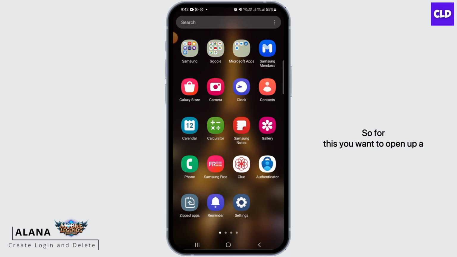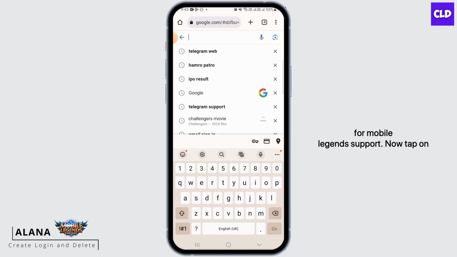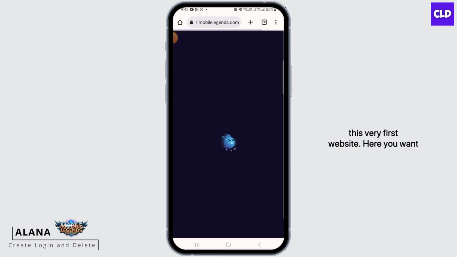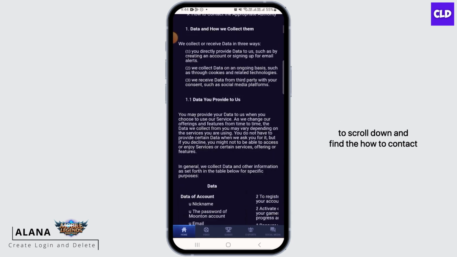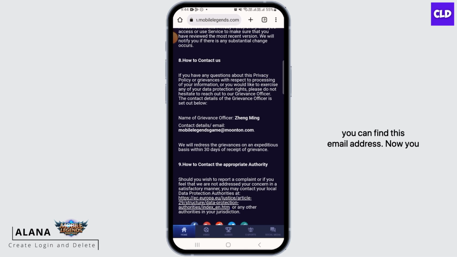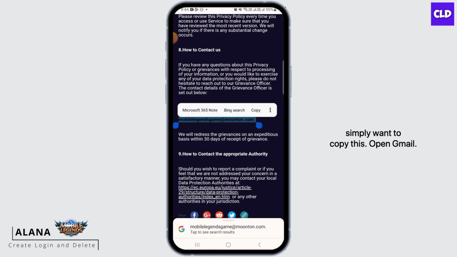So for this you want to open up a web browser and here you want to search for Mobile Legends support. Now tap on this very first website. Here you want to scroll down and find the How to Contact Us topic. Once you have found this, here you can find this email address. Now you simply want to copy this,